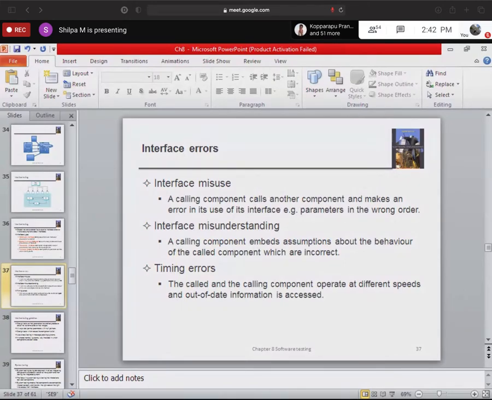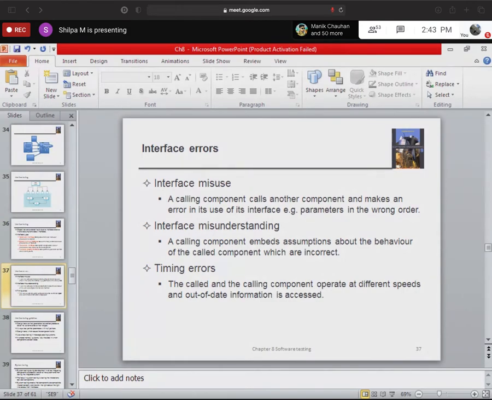And what you are expecting is different, maybe because you don't know. Let's say, for example, you have asked your friend to draw some picture, and you call that method to finish your job. What happens if whatever he has done is wrong or not as you wanted? So that is nothing but interface misunderstanding. It may be deliberate, or it may be because the other person does not know.